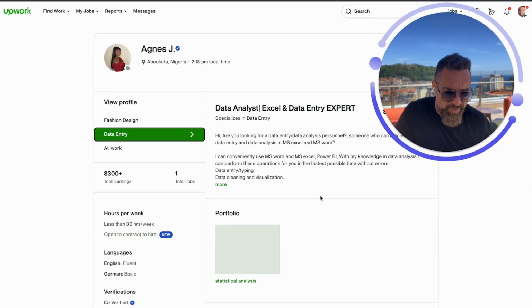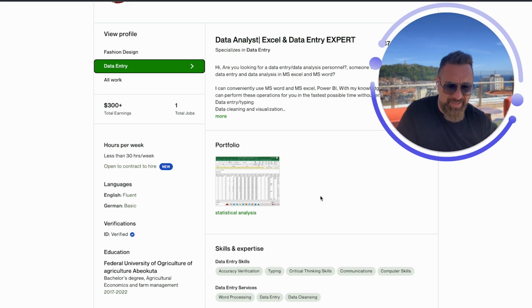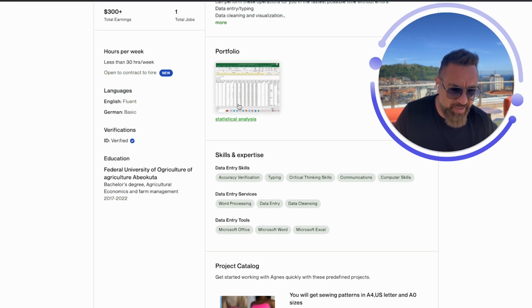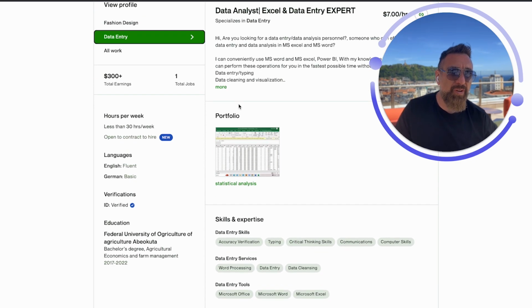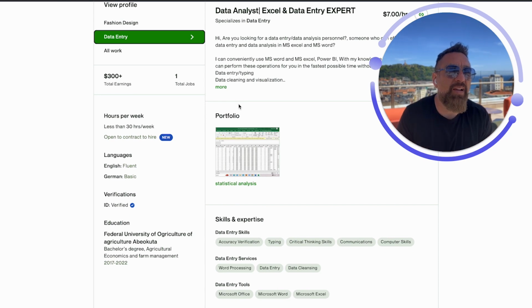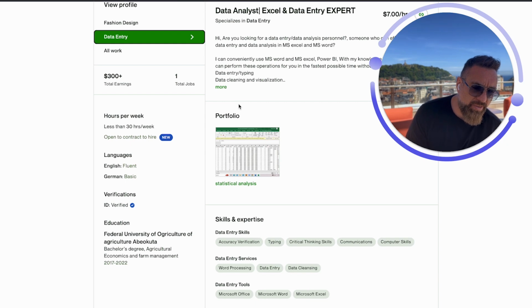Just going to your data entry stuff and going into statistical analysis again, which is such a different vibe over here, and it could be confusing. Just think about this for a second. Your project catalog is showing this data stuff. You want to have some conviction in your expertise on Upwork, because you don't want to seem like you're just doing this as a hobby and you kind of know how to do this,